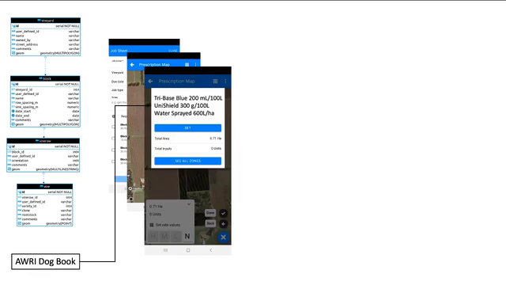And if this was fitting into an activity like spraying, if the AWRI dog book, so this is the chemicals that can be applied to vineyards and the withholding periods, were again published in a way that was accessible for developers, you suddenly have all the data necessary to assemble the creation of jobs such as spraying, really frictionlessly. So, this was the last spray that I did. So sulfur and copper applied at 600 litres a hectare, but essentially they could all be pulled in from resources that are made available for developers.